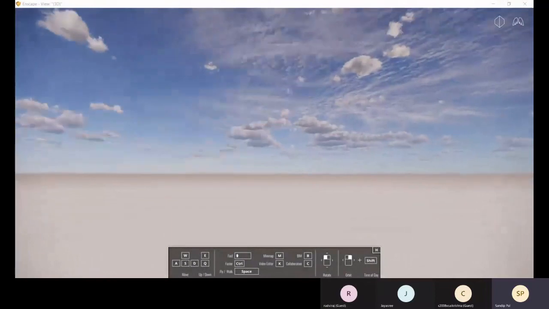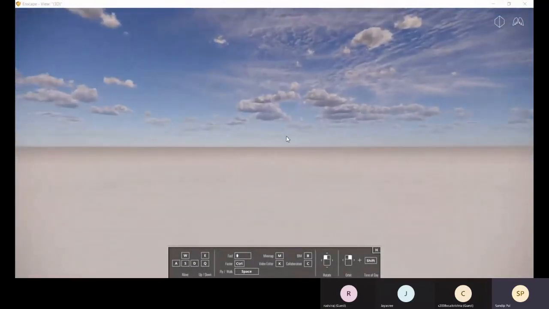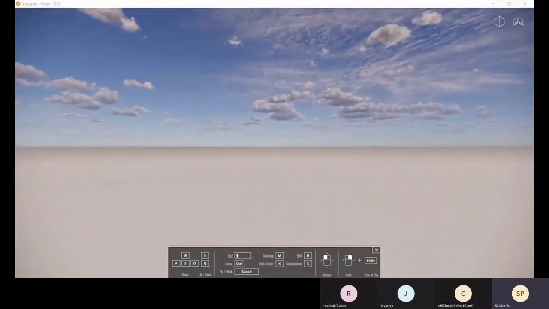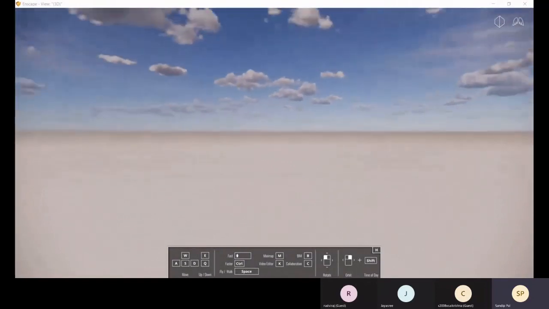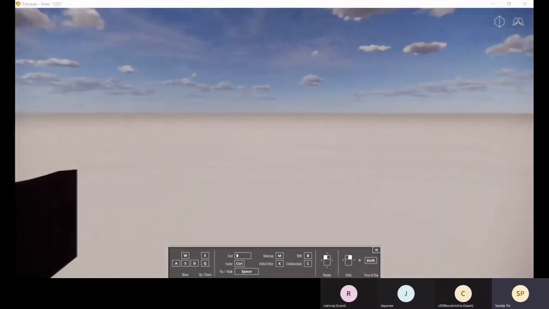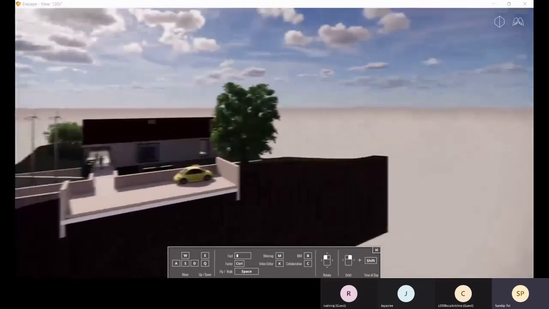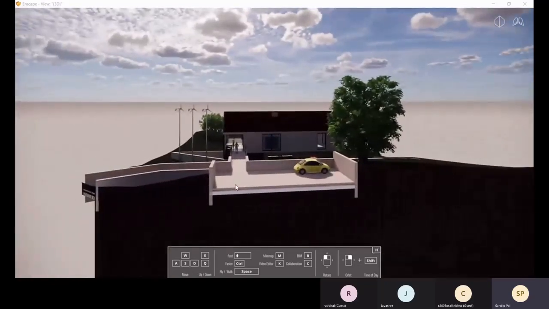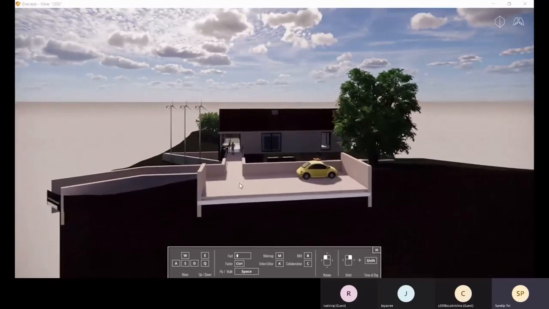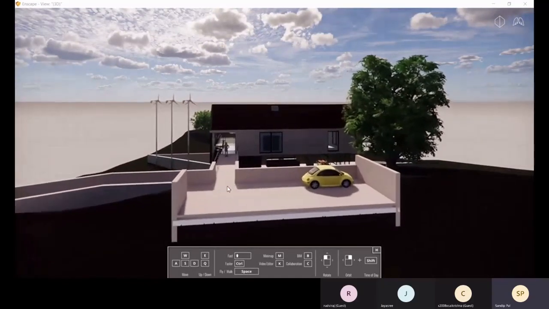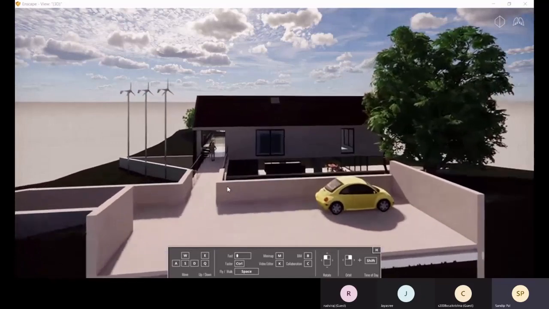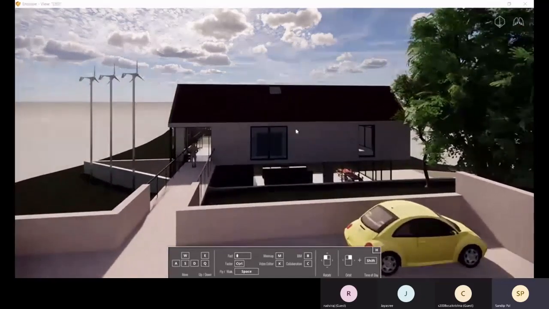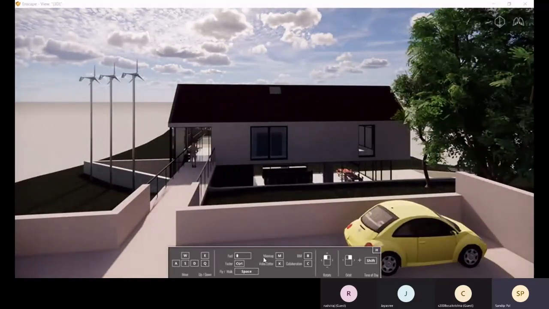Okay, so this way. Now you want to rotate around, so hold your mouse left key and move your mouse. Okay, now let's move it around. Now here we have other modes like fly mode and walk mode. To switch between fly mode and walk mode, we have the space button.